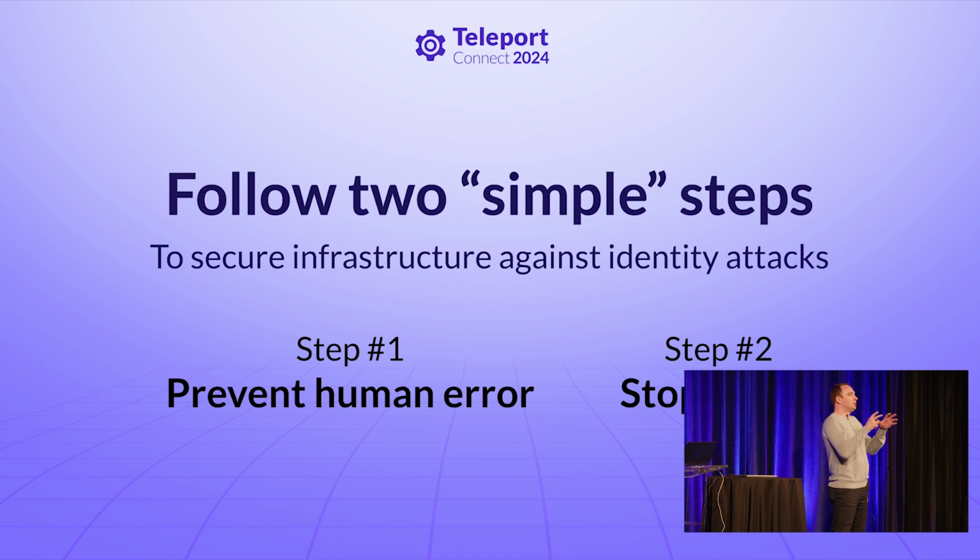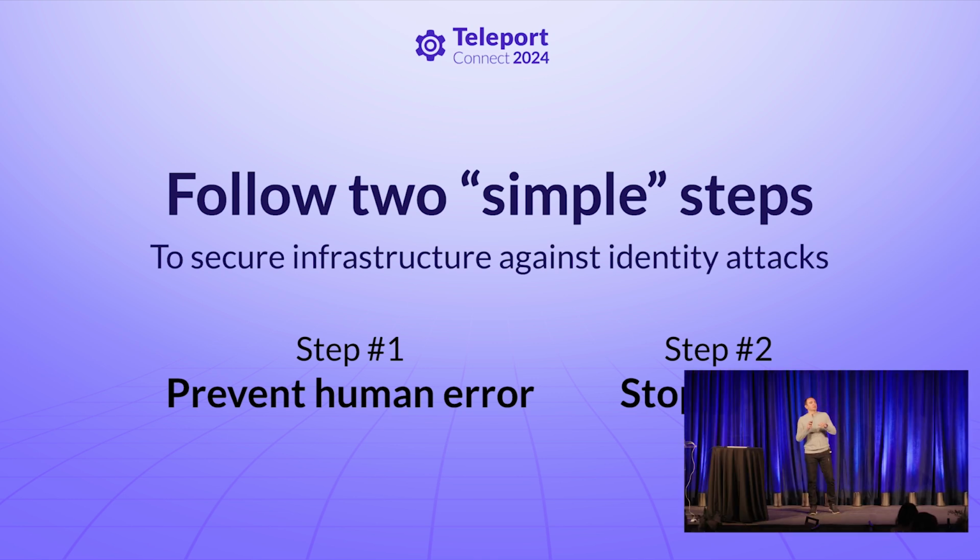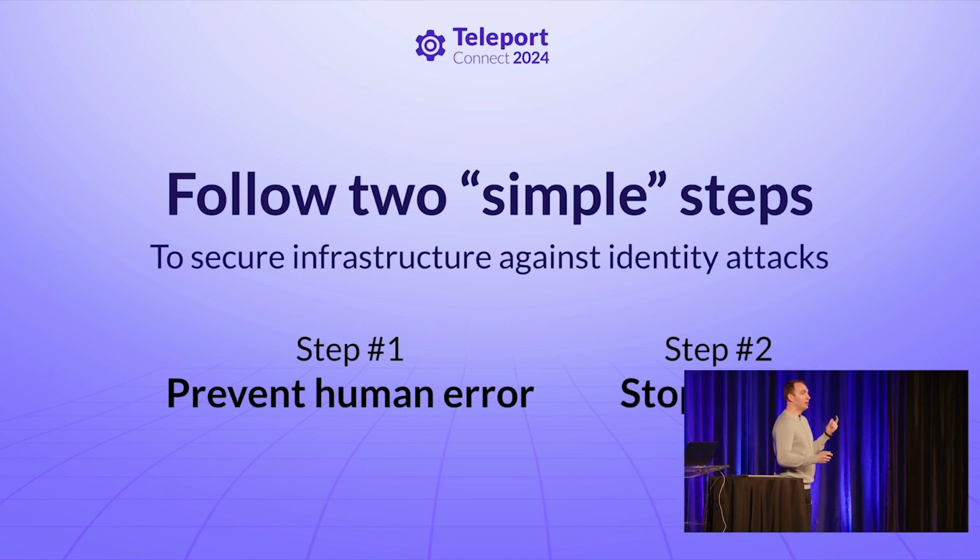Maybe by exploiting a human mistake, an attacker will just get into a single laptop. But then the pivot happens. Pivoting means using that laptop as a springboard. An attacker is trying to get into adjacent systems within your organization. Maybe from your laptop, they might try to get AWS credentials and get into your AWS account, and so on and so forth. So, human error followed by a pivot. Therefore, if you were to prevent an identity attack, it's really simple. First, you prevent humans from making mistakes in your organization. And second, you make pivoting hard or impossible for an attacker.